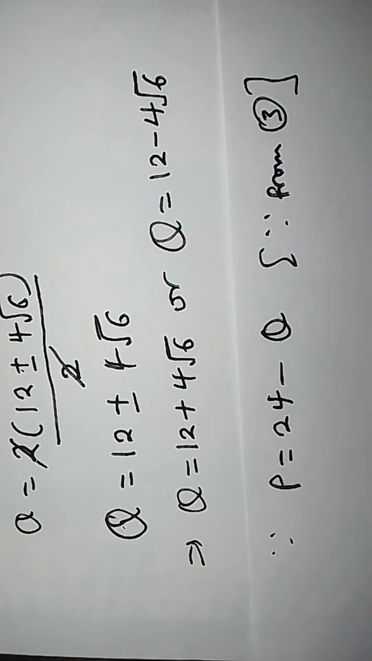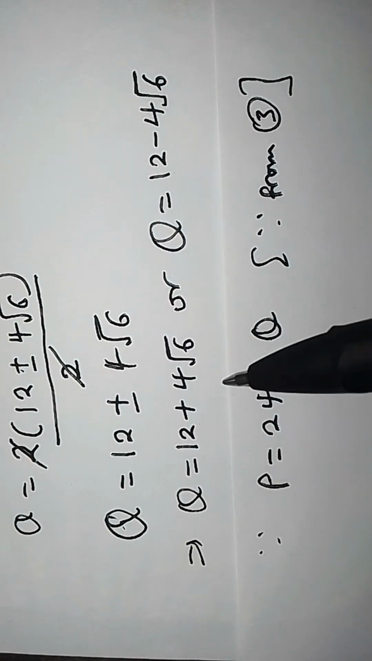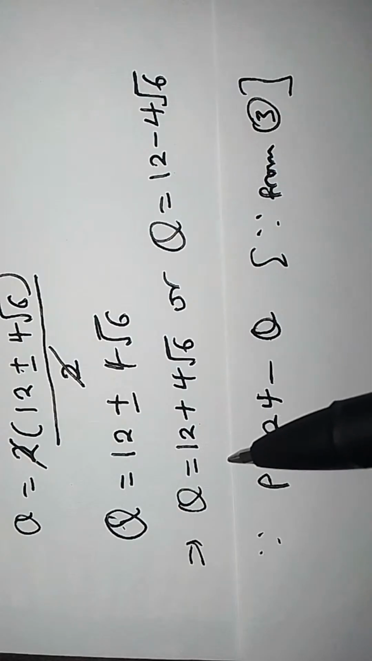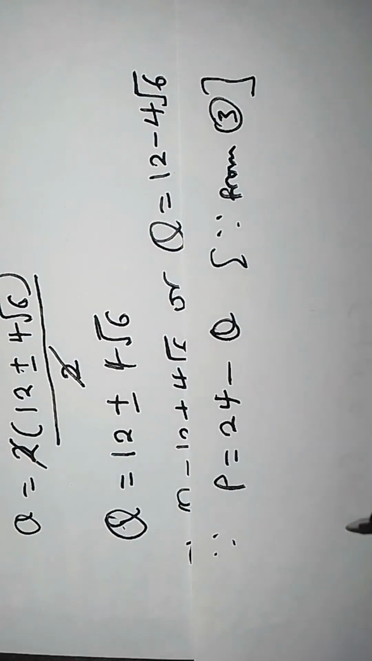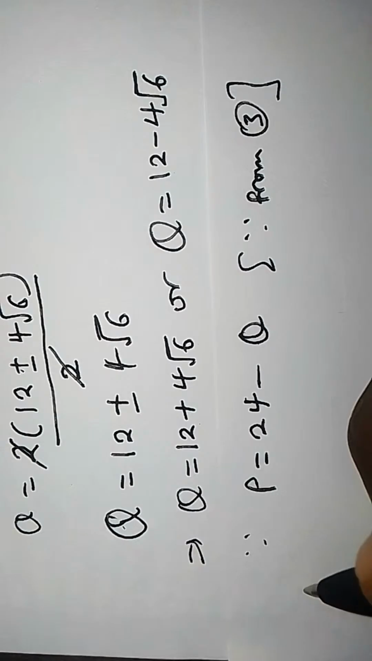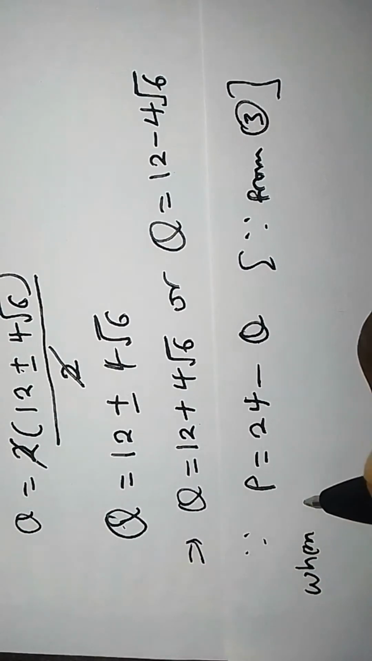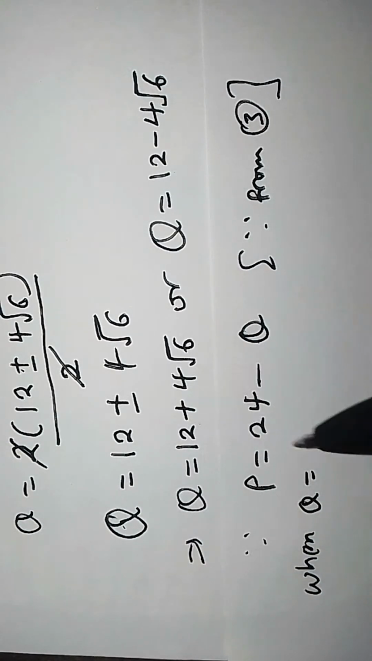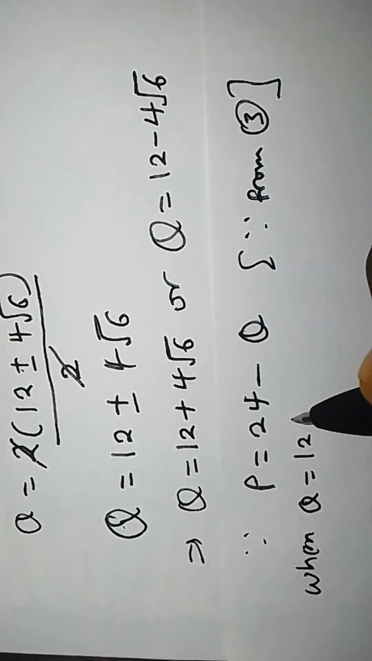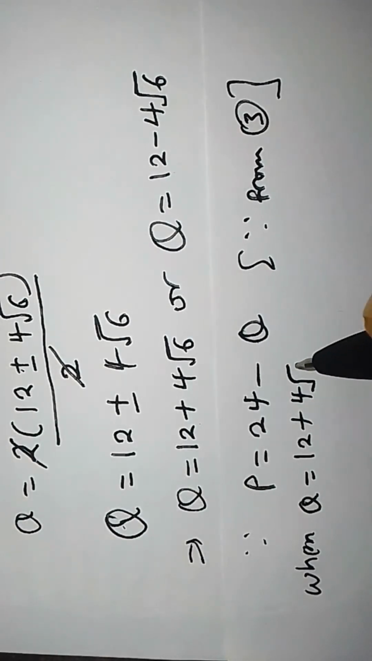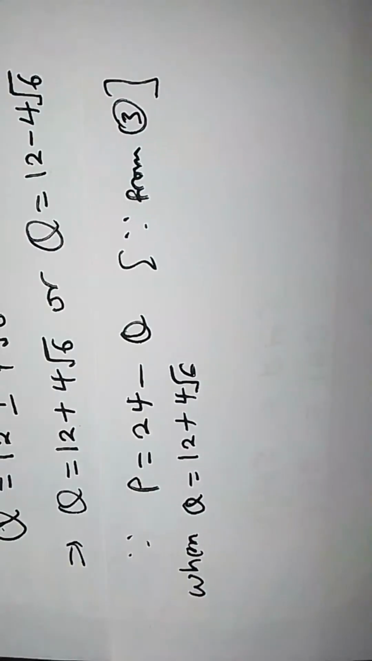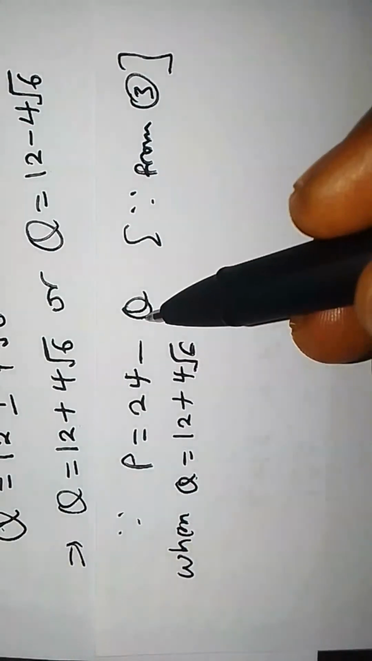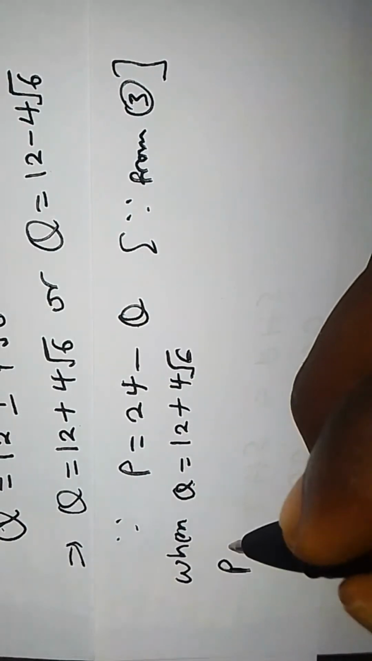So we now consider each value of q. We consider this one first. When q is equal to 12 plus 4 root 6, what will be the value of p? So plugging this q here, we have p equal to